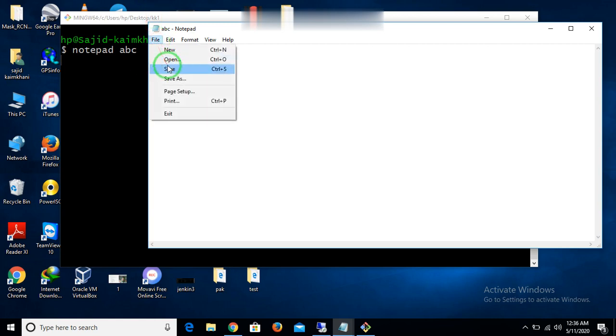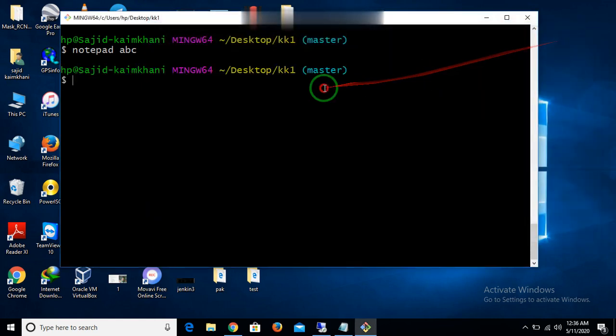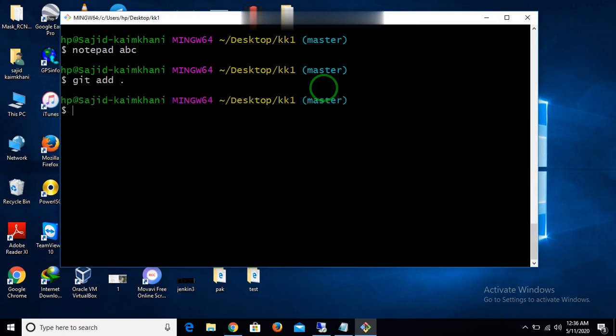Let's save it and commit it. First of all you have to add it, then you can go for the commit: git commit ABC -m with A1.